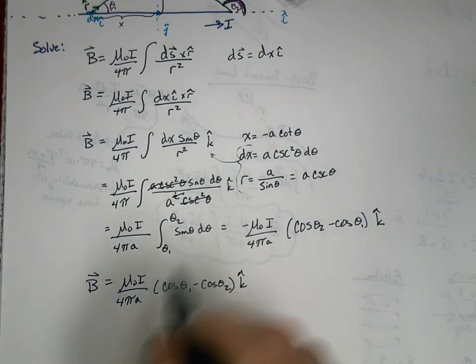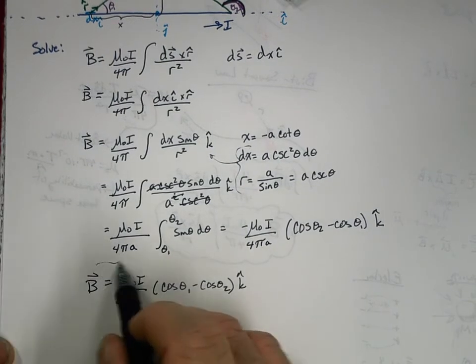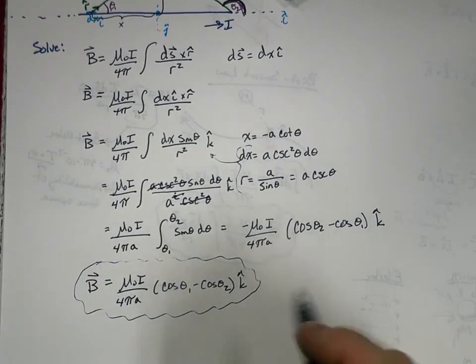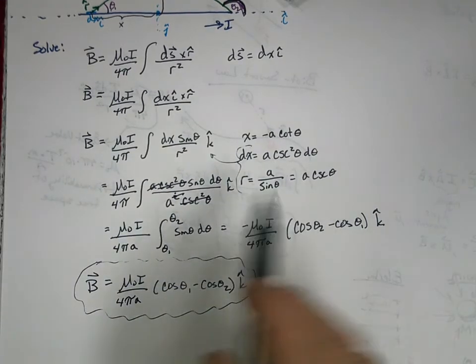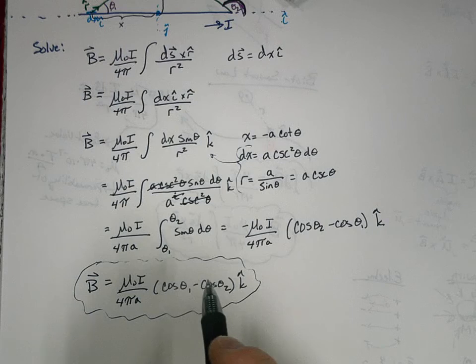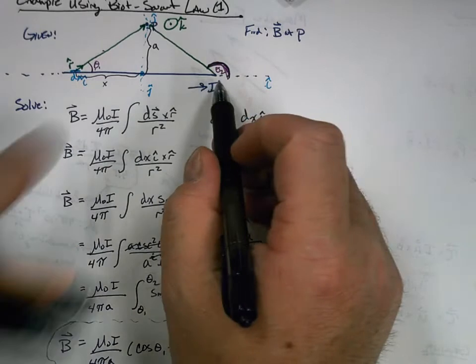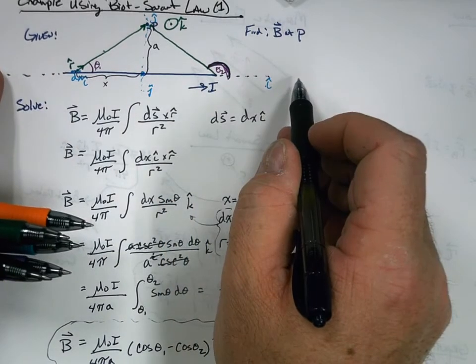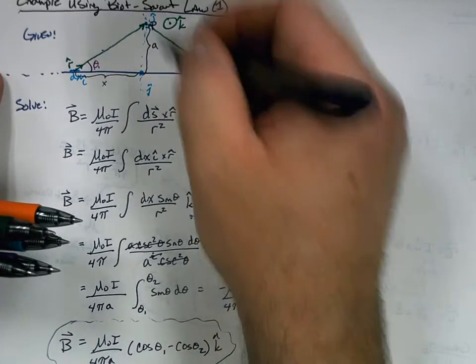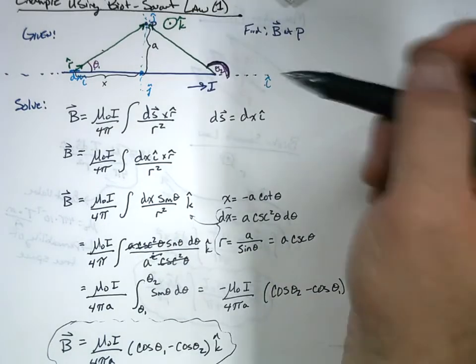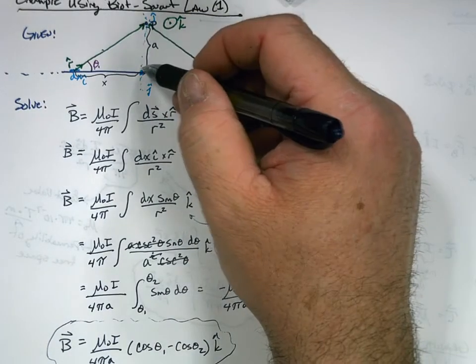K hat, and this is our magnetic field from this particular case along a straight wire. But think about this one. What if the wire was infinite? What if it went on for a really long time, particularly in comparison to A? Okay, which is how we're really going to define this, that if A is really close to the wire, that's